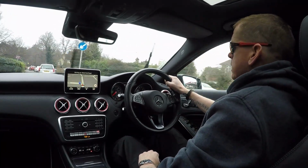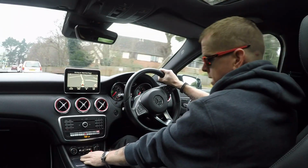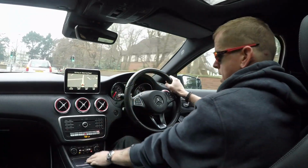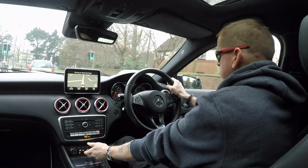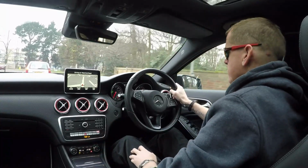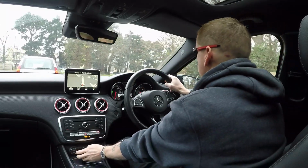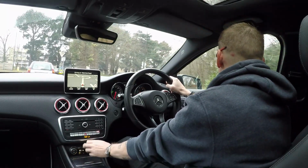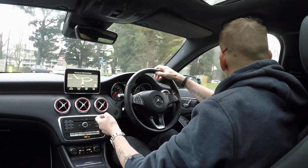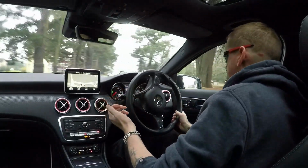Also, the air conditioning controls down here, like the heated mirrors and windscreen, if you're driving, they're very fiddly, and you can find yourself having to glance down to find the right buttons that you need whilst you're driving, and that's obviously a distraction. Whereas again with my SLK,